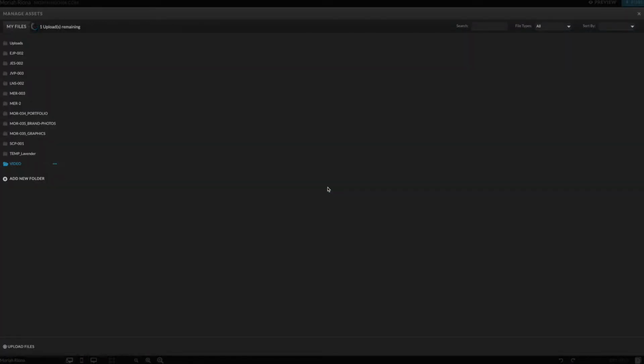And there's a size restriction. Your video can't be any bigger than 8 megabytes, which for video is pretty small. That means the video is short and it's low res, but for a background video, that's perfect. Showit wisely restricts the size here to make sure your site doesn't take forever to load.